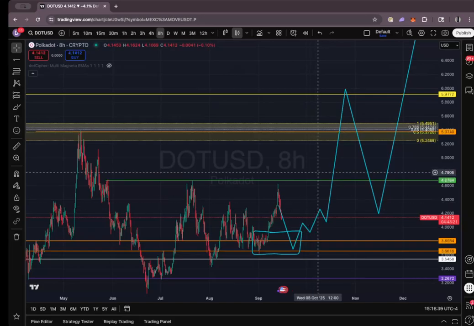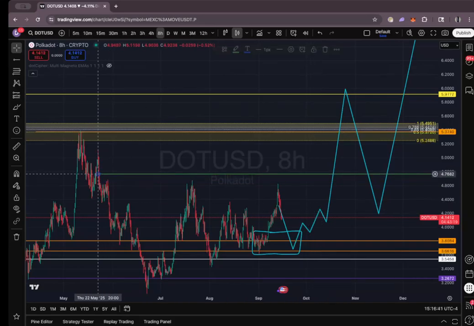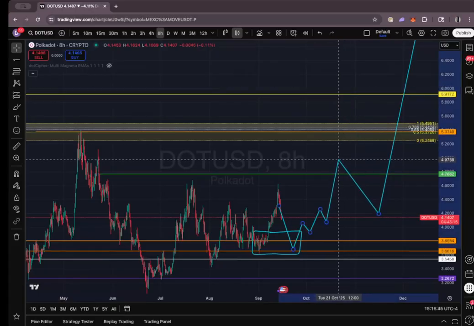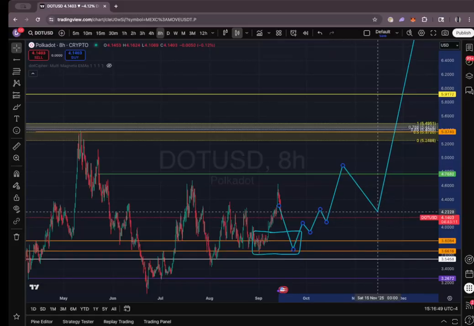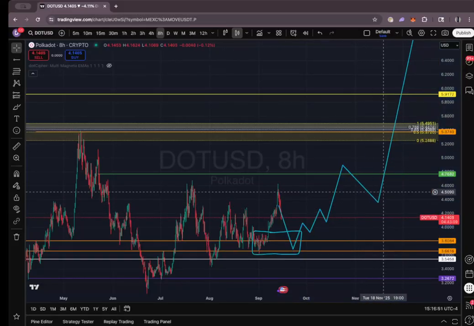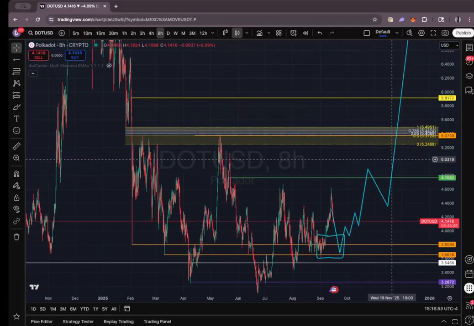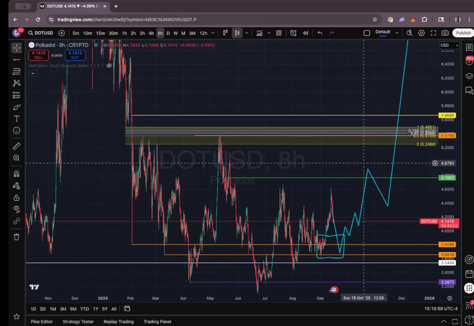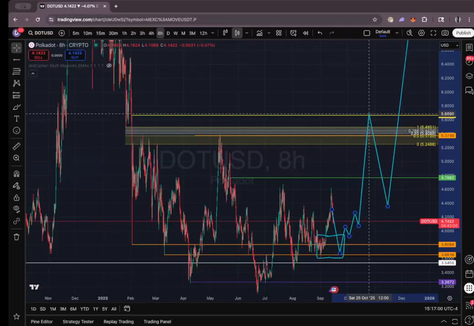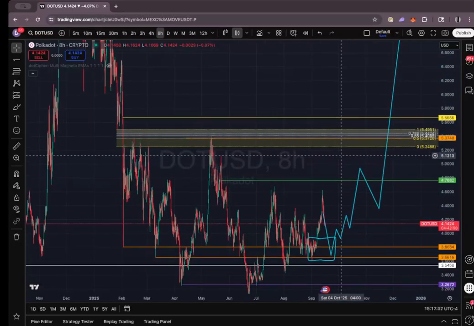All that's going to happen is it's going to wick into this range here. It might not wick into it, but it might just tap it and then reject again. But I would expect it to basically just push the highs after that, possibly either through a wick or through a bullish consolidation.